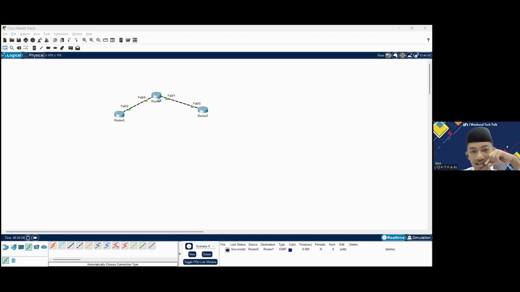Okay, we just go to router one and add the IP authentication key chain to it.